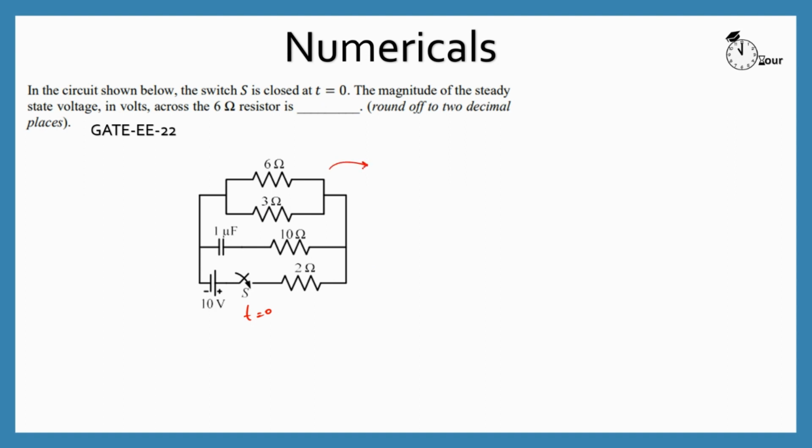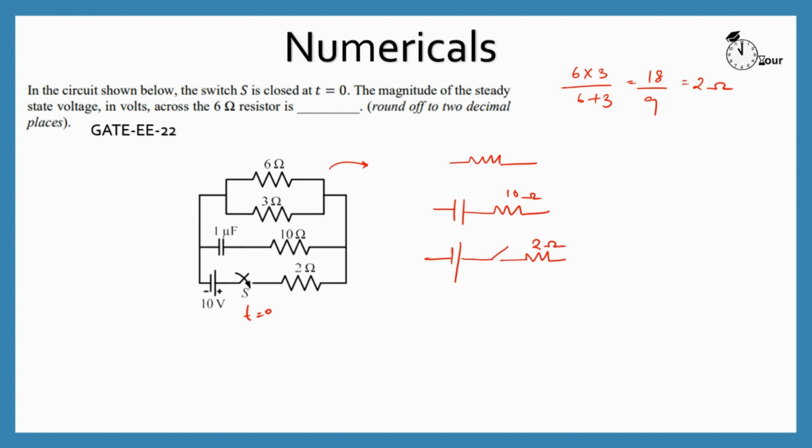We can redraw this with 6 and 3 being parallel to each other. We can replace it with 2 ohms, because 6 into 3 by 6 plus 3 is 18 by 9, which is 2 ohms. So we can replace this parallel combination with a 2 ohms resistor. Now this is in parallel with the capacitor and the 10 ohms, and this is in parallel with the 10 volts source and a 2 ohms resistor, where the switch is